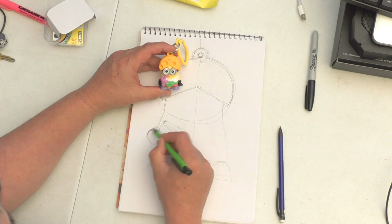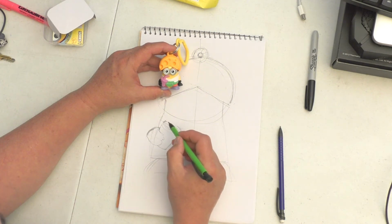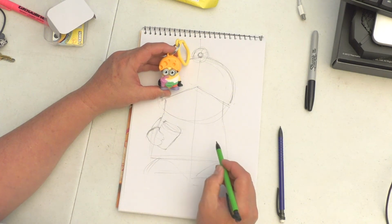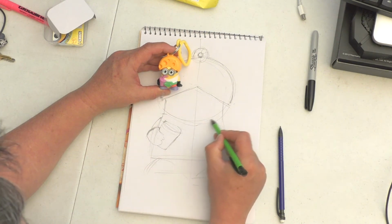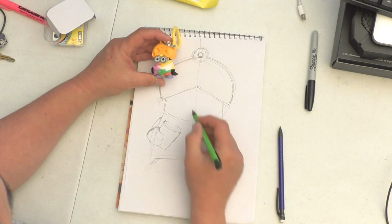And then that's his wrist right here. And you can see his thumb go back there. It's hinted. And then a little bit of an arm here tells you that that's the rest of his arm. And then this shirt comes down and it comes up here. So we're looking at relationships. We've got to put the